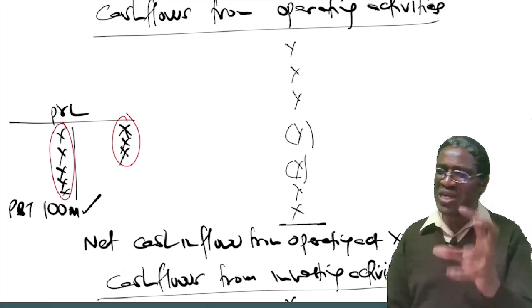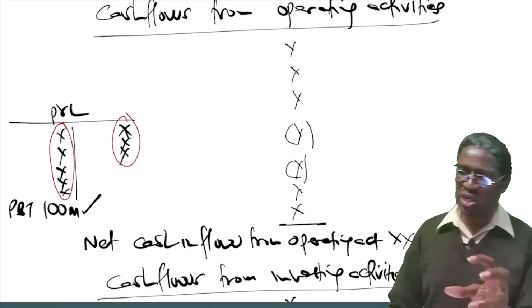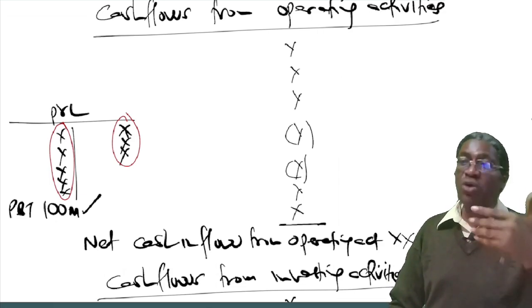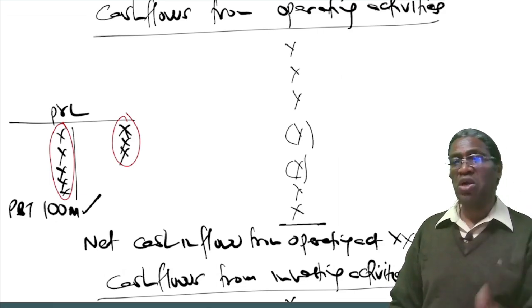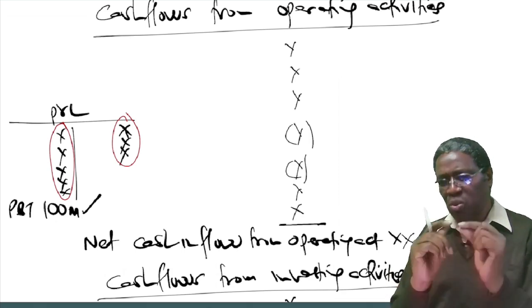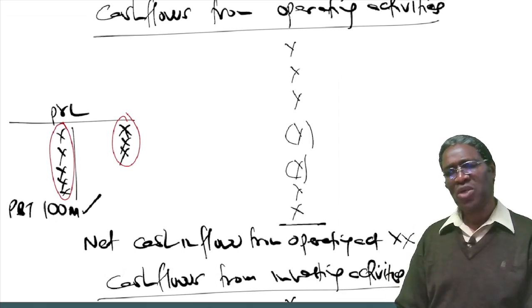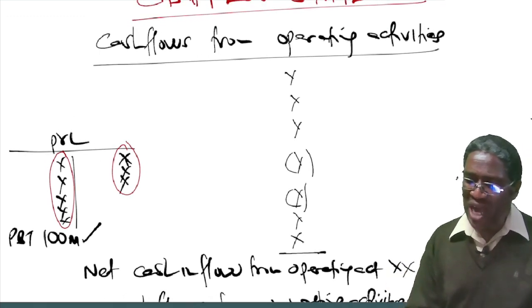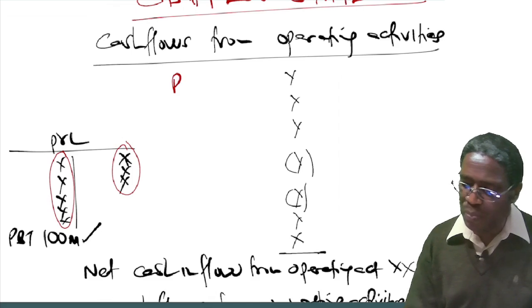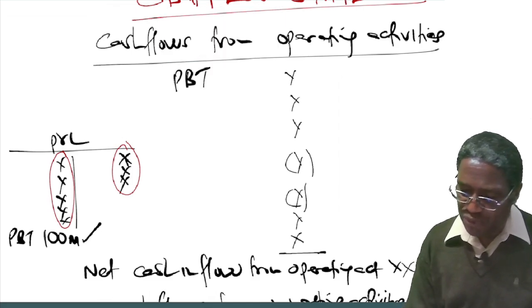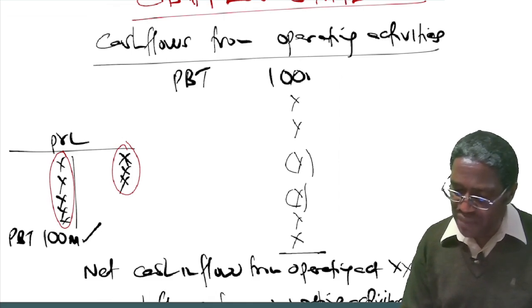Whatever you normally get as your profit before tax is not the true profit, or not the true cash flow from operating activities in net terms. So we want to determine it. To determine the cash flows from operating activities, you normally have to take what you got as your profit before tax, which for my case I'm assuming to be 100